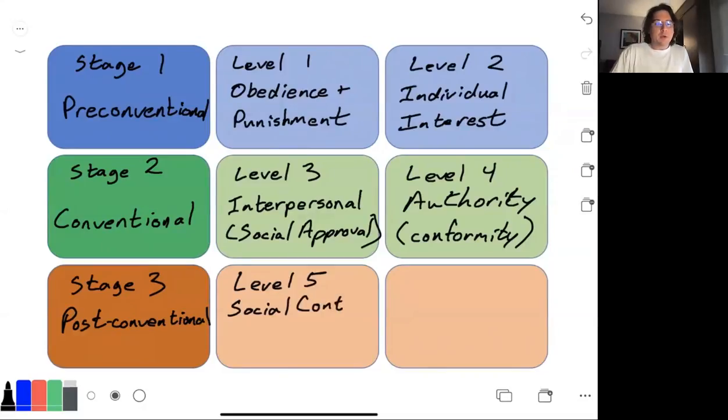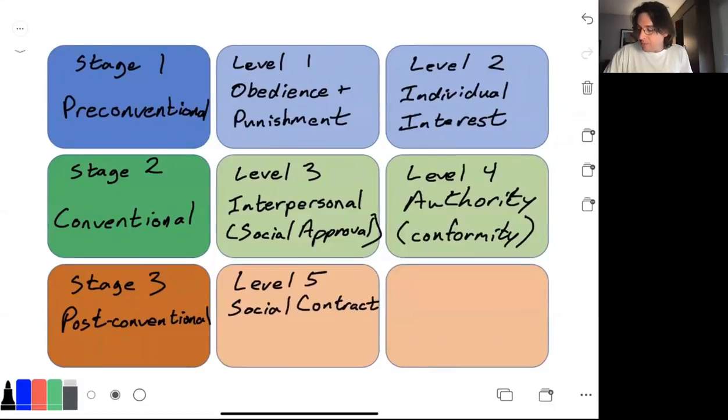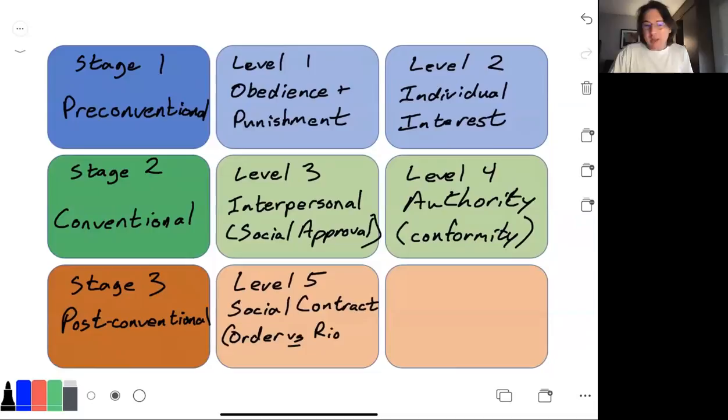Okay, so social contract is where behavior is driven by a balance of social order and individual rights. So we're going to put in parentheses, order versus rights. Okay. So this is, again, kind of a higher order of morality here. Think about what this means and how somebody in social contract might respond to the Heinz dilemma,